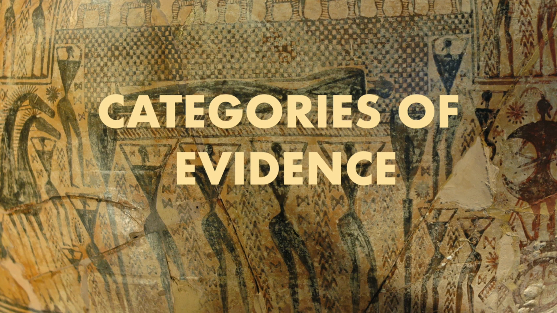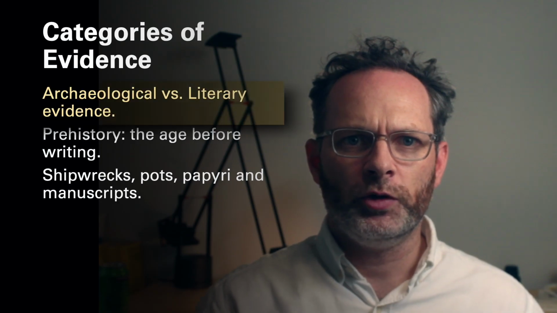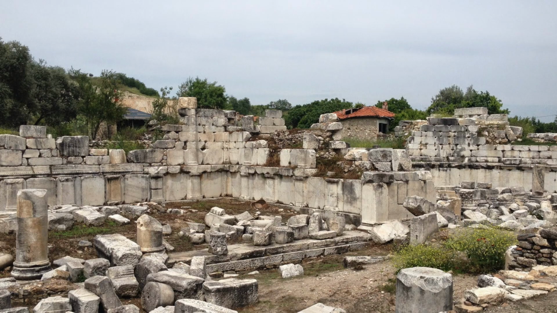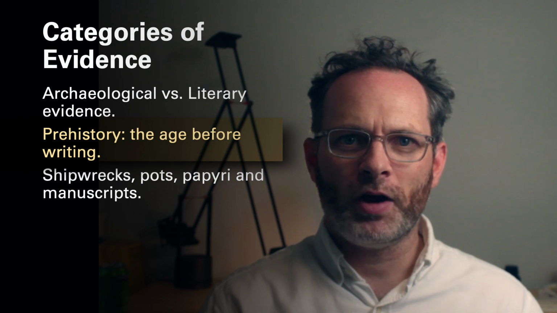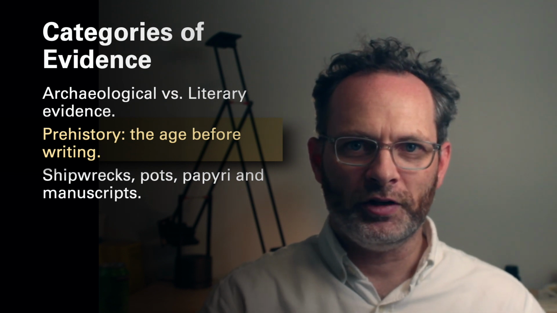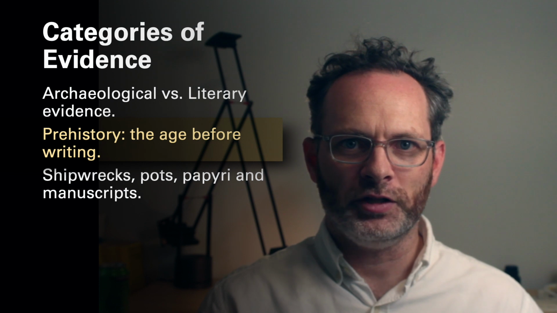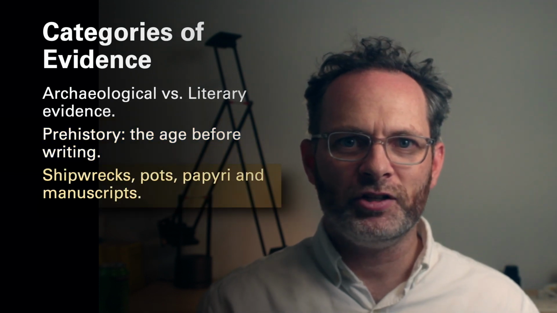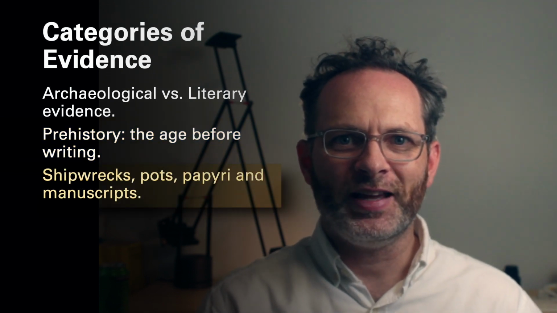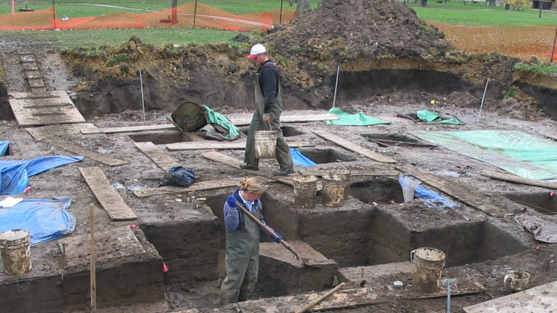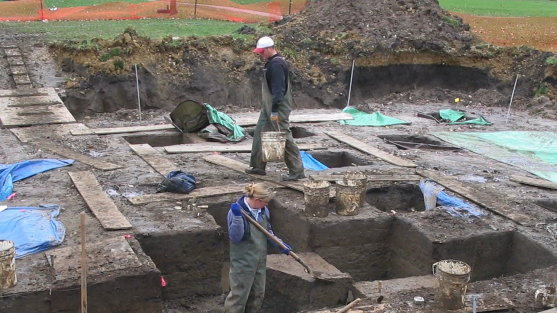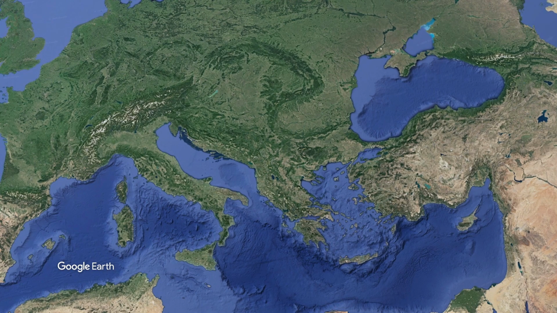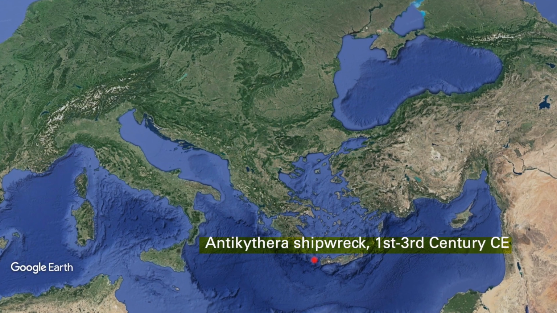So, how do we know what we know about the ancient world? There are two broad types of evidence from the ancient world that we use today, and that's archaeology and literary texts. So technically, everything before the appearance of writing is considered to be prehistory and can only be accessed through archaeology. We rely on the evidence of archaeology to shed light on how these people lived. Now, most of the evidence for ancient Greece, archaeologically speaking, is buried underground. It's not sitting on the surface. We also have underwater archaeology, which is a great new source of information that looks into shipwrecks.